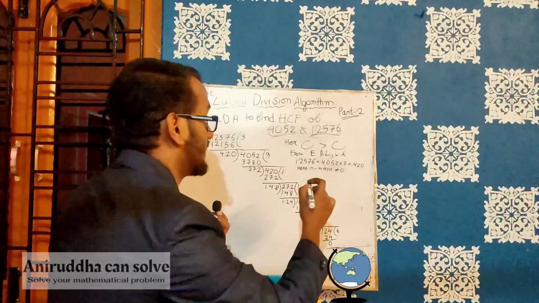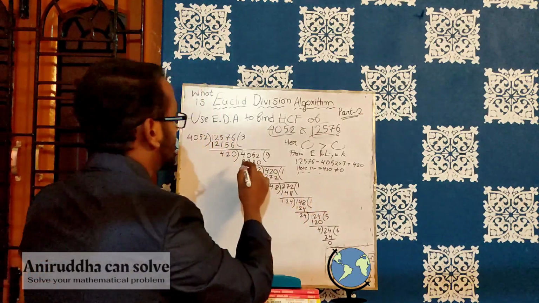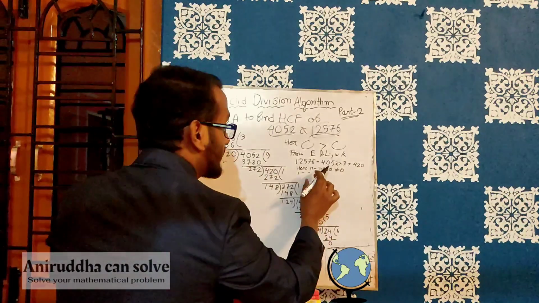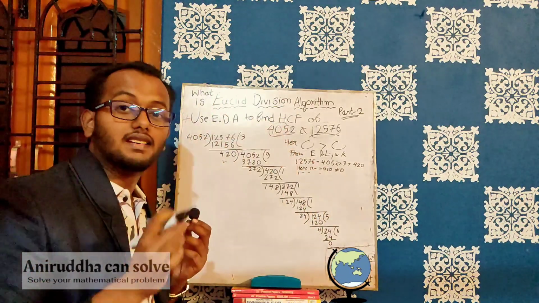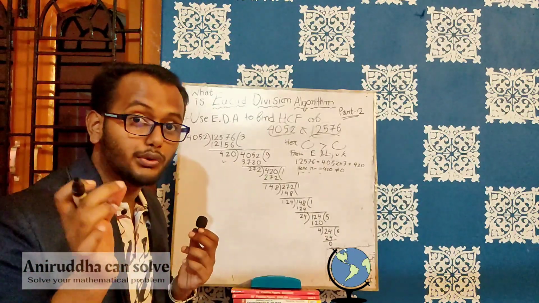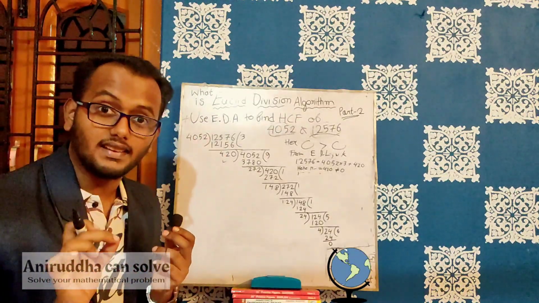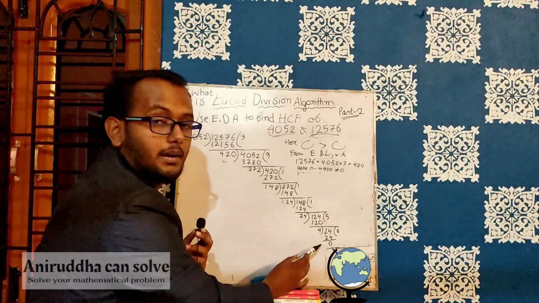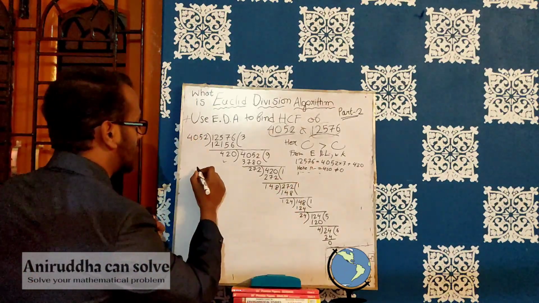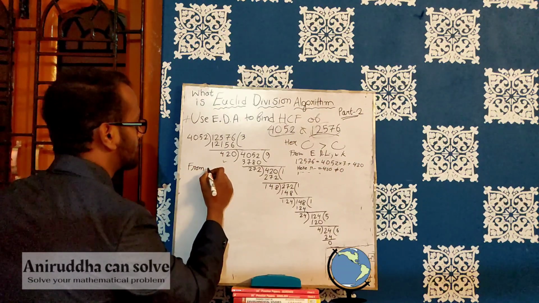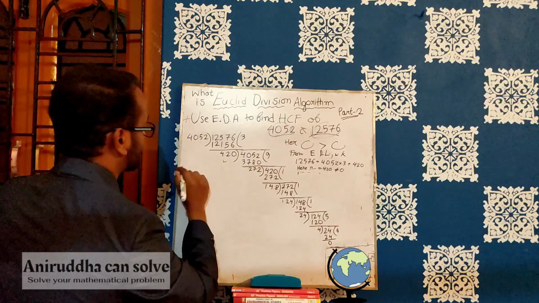Then you will write again from Euclid division lemma, from step 2. Again from Euclid division lemma you will write step 3. Then you will write, since the remainder is not equal to 0, again the next step, and again the next step. Continue this process until the remainder comes 0. So if you write the last step, let me write from the second last step,